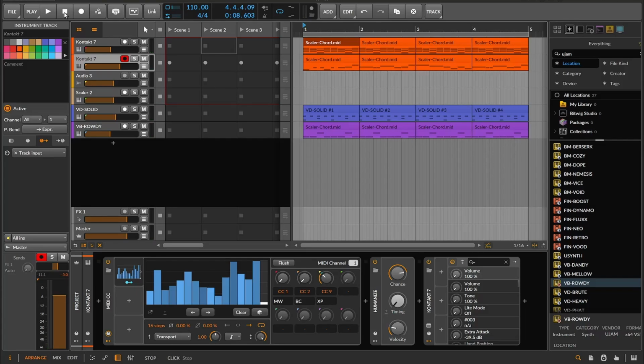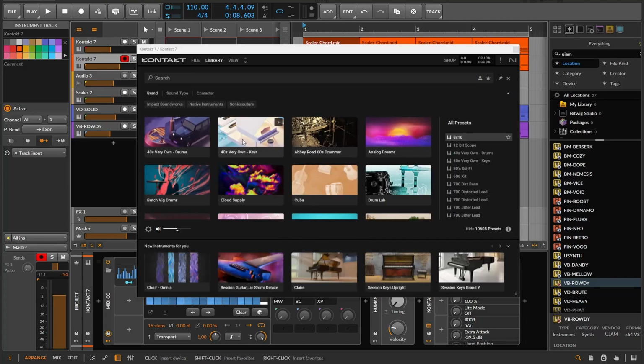I think it's slightly subtle, but it helps. And you can see the automation on the CC knob, and this MIDI CC goes into here, and then it helps with the automation of the